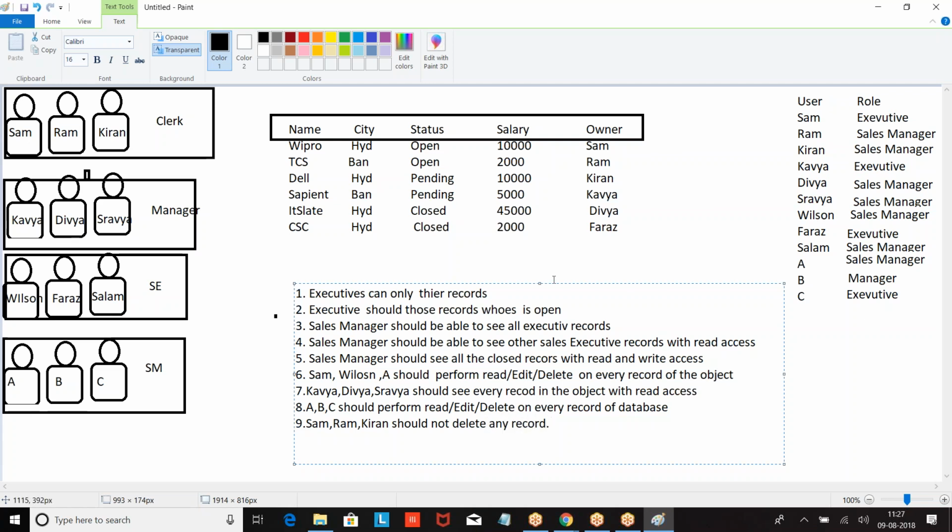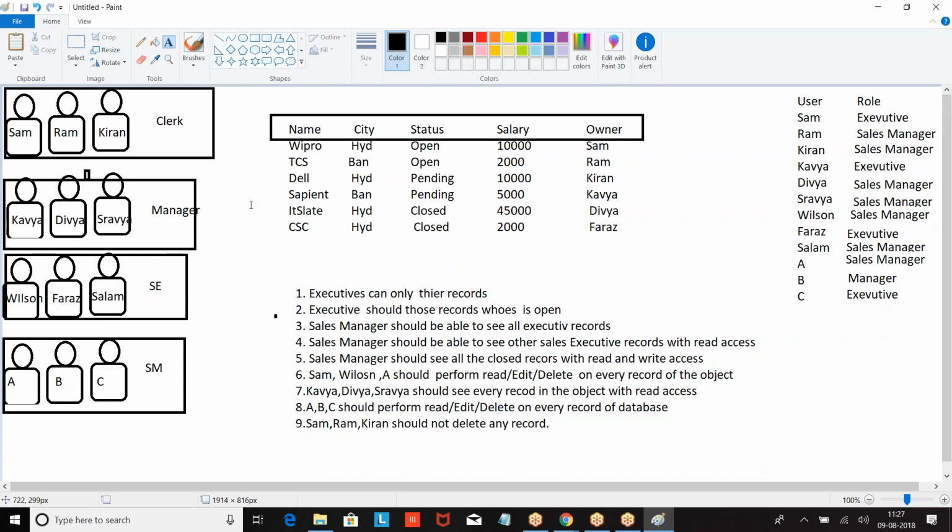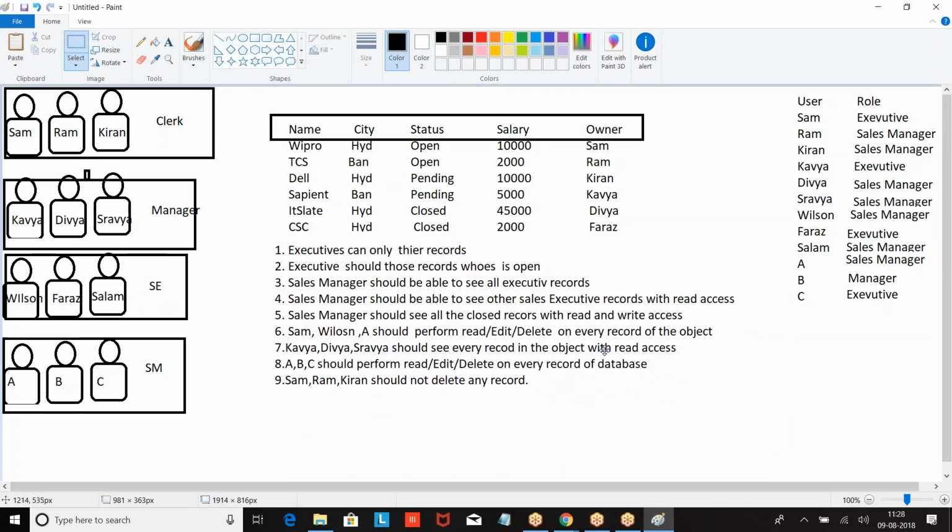This is the complete requirement. From this requirement, you are supposed to analyze what OWD we have to give and how we are going to grant extra permissions. Now, let us start doing one by one.